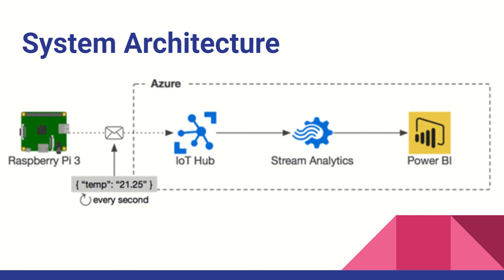The first one is our Raspberry Pi 3. Then here is the Azure Cloud part. The Azure Cloud part has three main functions. The first one, the IoT Hub, can connect back to our Raspberry Pi 3B. Then Stream Analytics takes our local temperature sensor's real-time temperature readings as an input to analyze, then